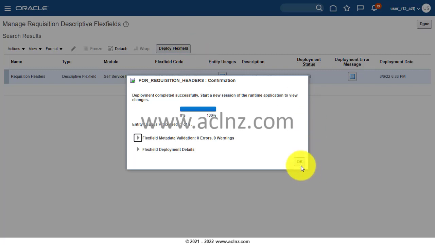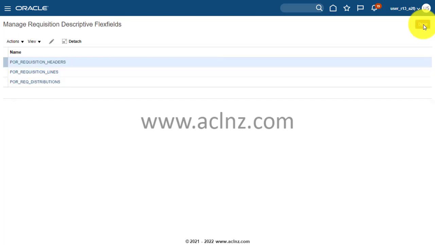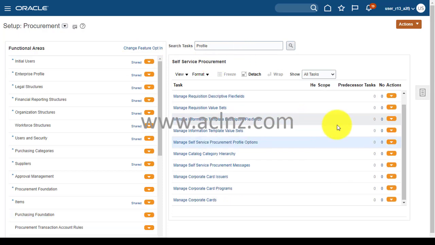So like this, now we have the same attribute for both PR header and PO header. Okay, so that is step number 1 you have got to do to define your descriptive flex field and to have the same context and same segment with the same attribute. Once you're done with that, then you look for, if there is one,